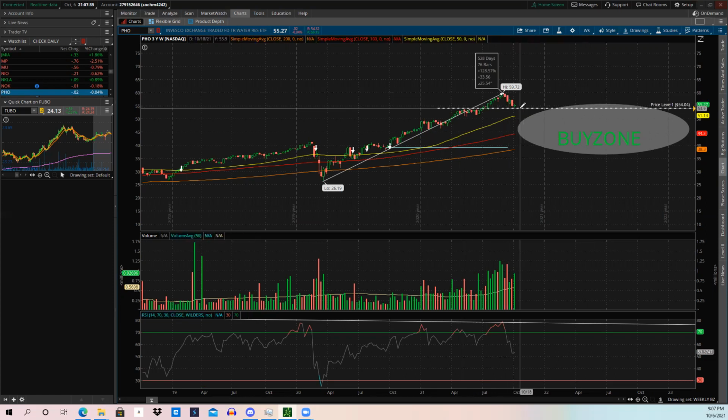Okay, so as long as we maintain this, we have bullish momentum. Which is why I'm accumulating here, because we may not fall below here. I may not be able to get as good of a discount as I want at the 50 SMA, the 100 SMA, the 200 SMA, and below. But in the chance that that doesn't happen, I'm going to start accumulating shares right here because I'm looking